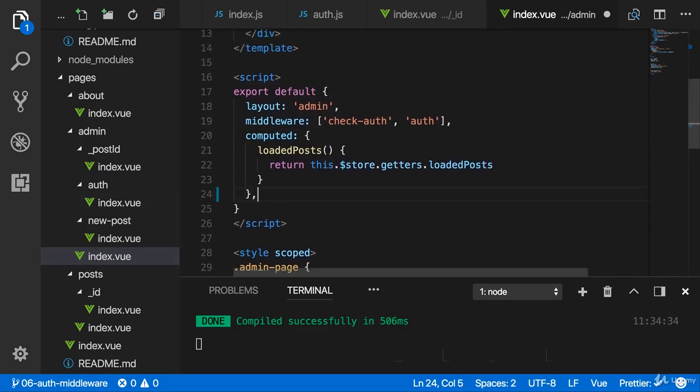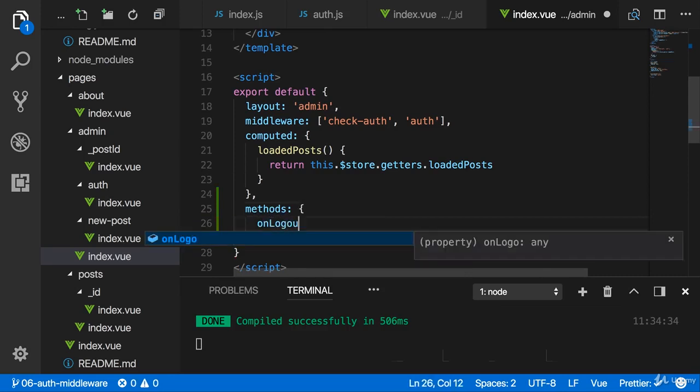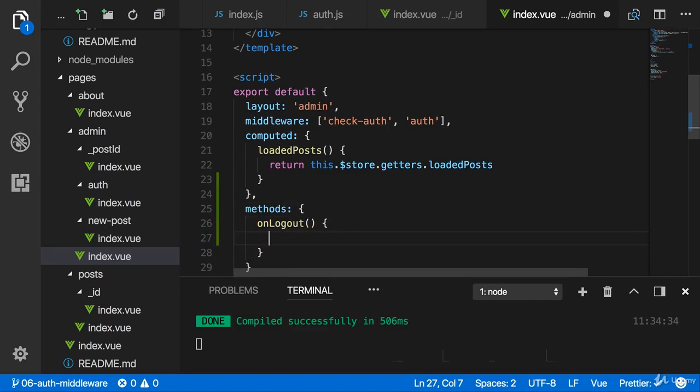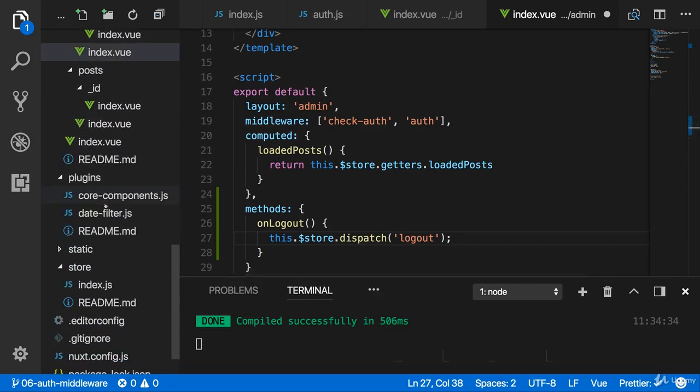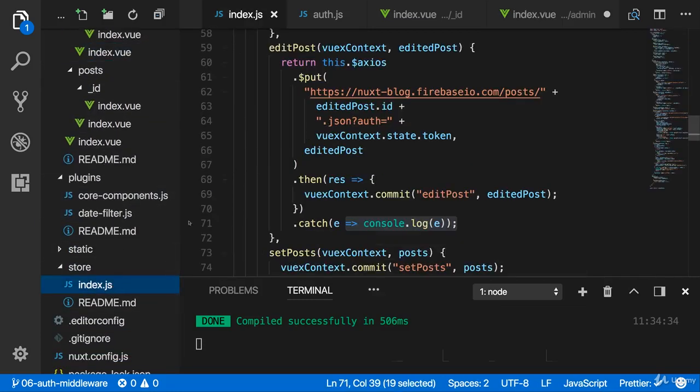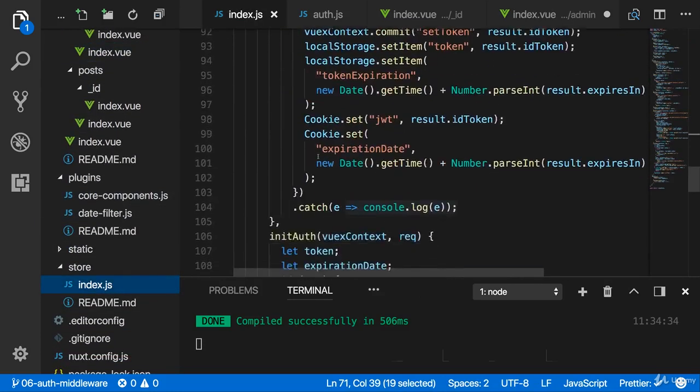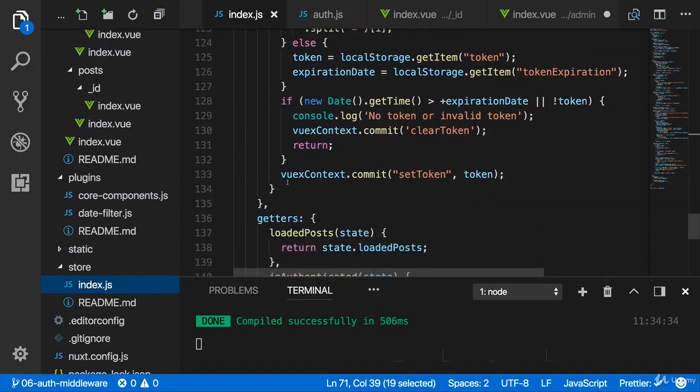Now, to do that, I'll add a methods property and handle onLogout here. And then on logout, I want to dispatch a to-be-created action that, guess what, logs the user out. So something like this, store dispatch logout. That's the idea. For that, I'll go to the store now, index.js in the store folder, and let's add this